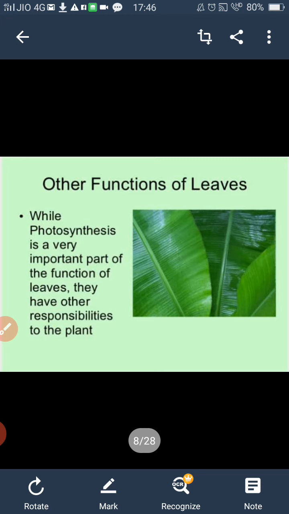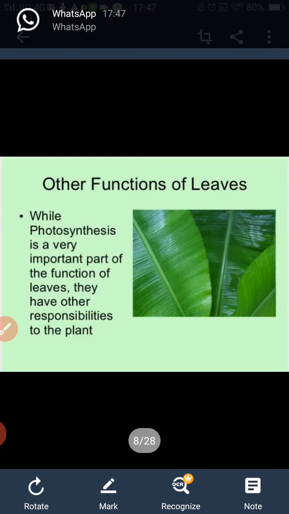Okay, so please note down the process of photosynthesis. What are the main conditions which are required for photosynthesis, and what is the primary function of a leaf? Why are the leaves green in color? What is the food which is produced by the plant, by the leaf? What is the name of that food, what do we call it? These are very basic questions which you must know about the leaf.